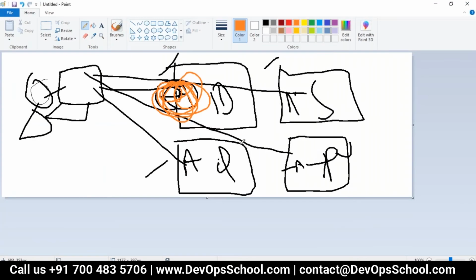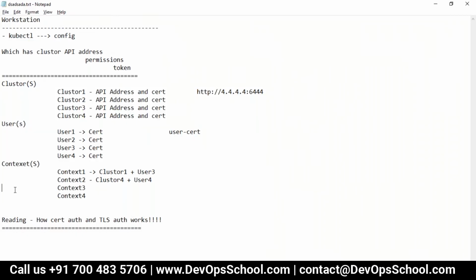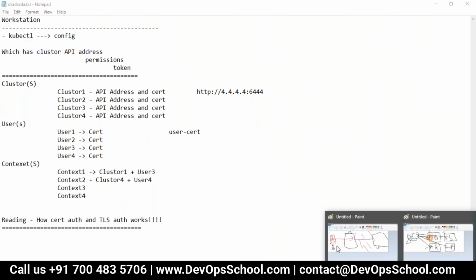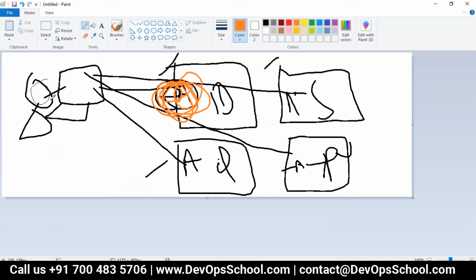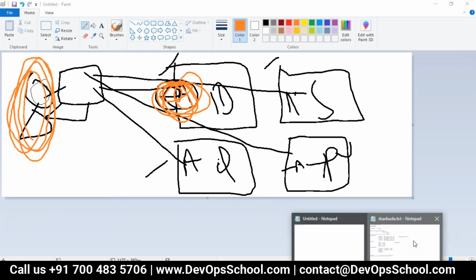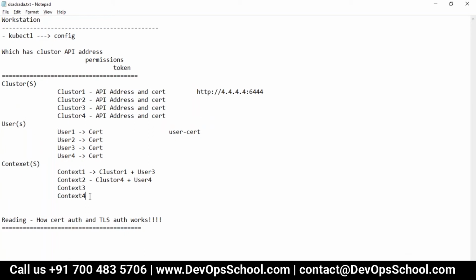I'm an admin, and as a person I can only work on one cluster at a time, right? I can only set a default. It's like a default setup: which should be the default cluster. So right now I have 4 clusters, but one should be the default cluster, the one which I am working against. So if I write some command and I forgot to specify the cluster name, that should go to that cluster.